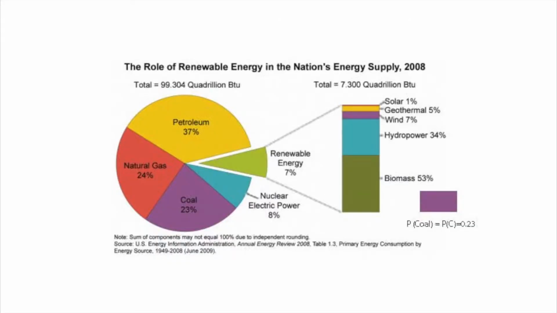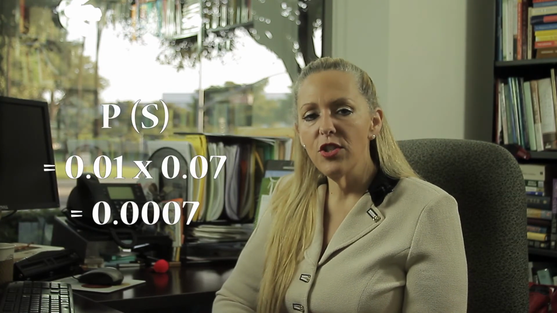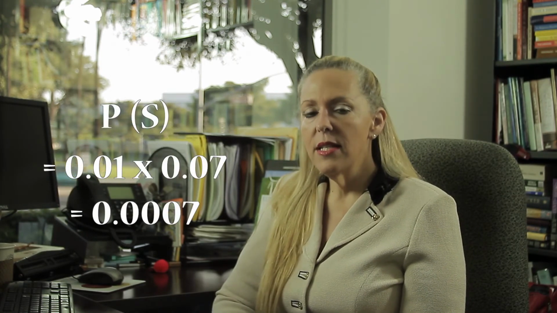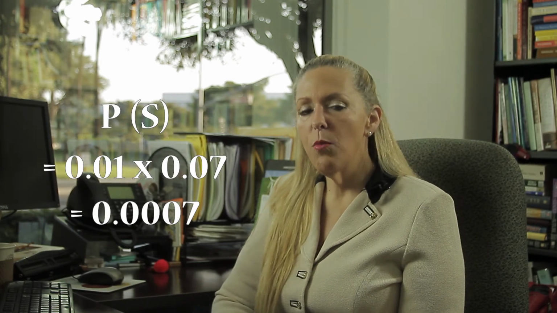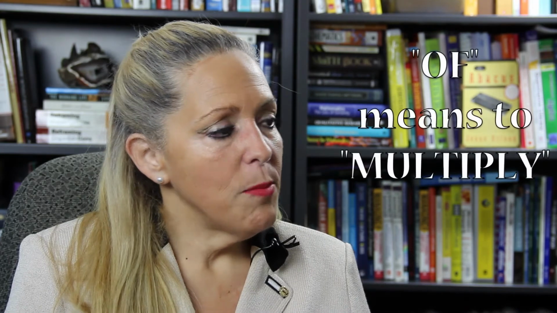Solar energy is only 1% of the 7% of the total pie slice. So the probability of solar energy, denoted by P(S), equals 0.01 times 0.07, which equals 0.0007. Remember, "of" means to multiply, so the amount of solar energy used in the United States is